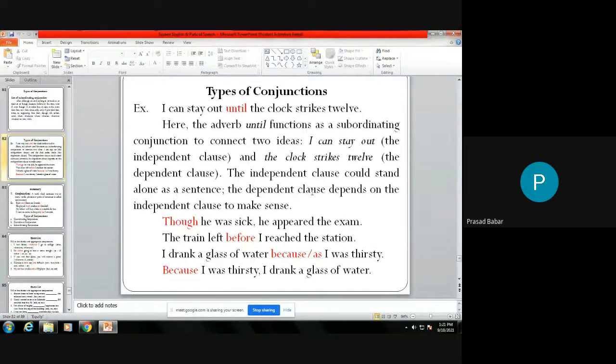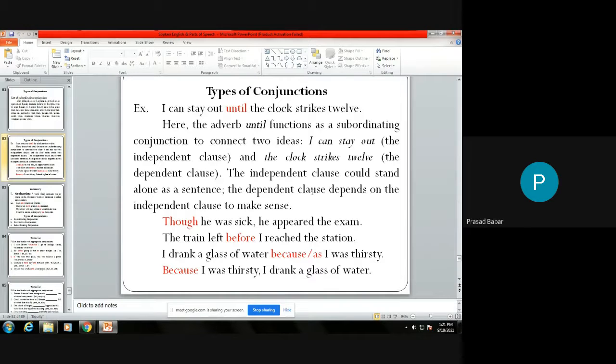Okay, so that is why it can stand alone as a sentence. The dependent clause depends on the independent clause to make sense. Okay, and here the other clause is the dependent clause, and it depends on the independent clause, that is,